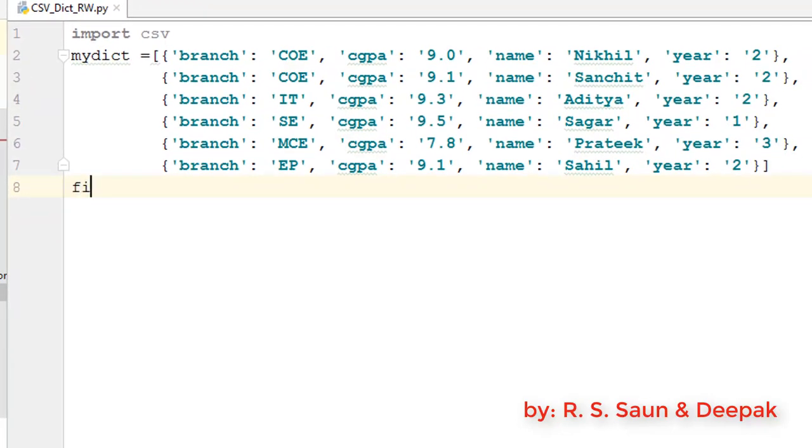Now some fields is equal to, let's say I have name, comma, branch, comma, year, and then CGPA. Okay, so these will be my 4 fields for the CSV file. And now what I need to do is open a file.